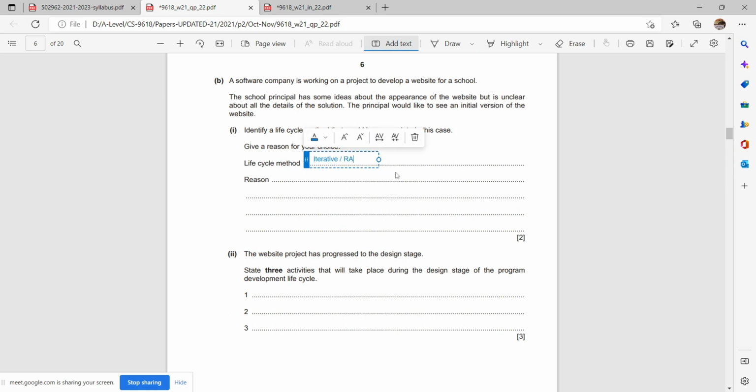Iterative भी है और RAD भी है, rapid एप्लीकेशन डेवलपमेंट भी, दोनों मेथड इसमें सोच सकते हैं, ठीक है। रीज़न क्या है, what the reason we will write over here, because